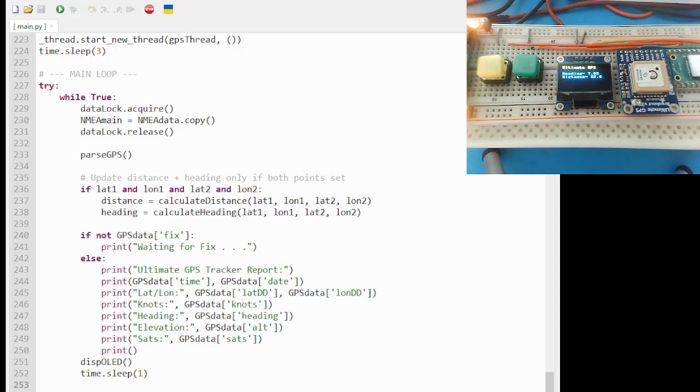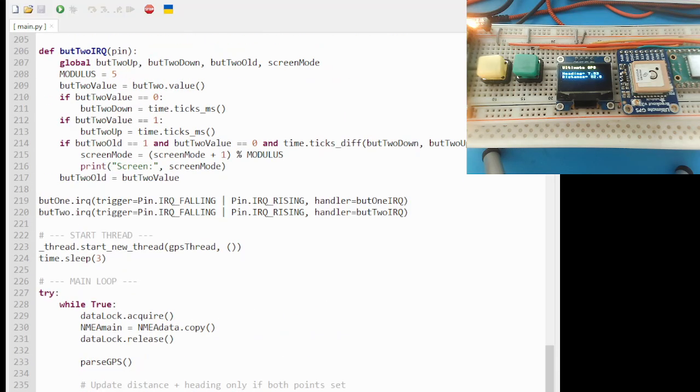MicroPython. What he wanted us to do was put that into the program we already have for displaying and using the GPS on our Raspberry Pi. Now, let me go through the software first. All right, let's go up here